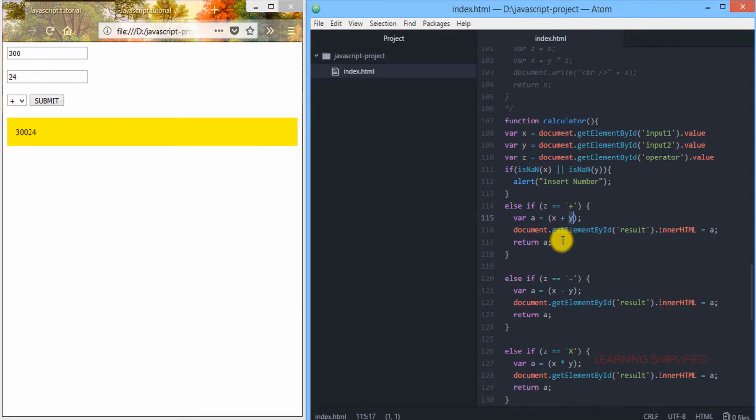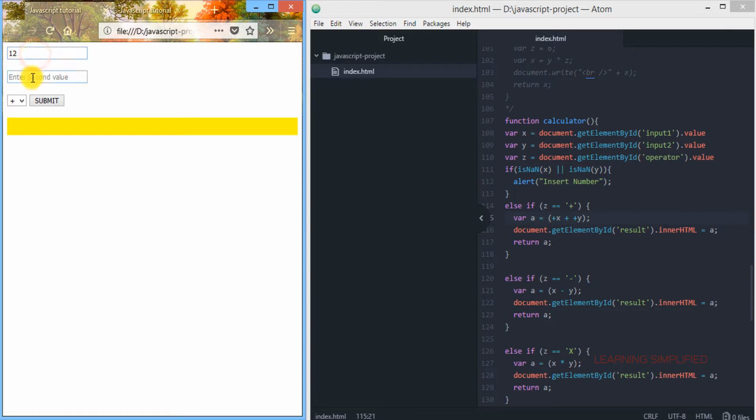So this is the main problem that we need to understand. What to do if we want to get rid of this kind of problem? All we are going to do is append this plus sign before each and every variable that we want to sum up.